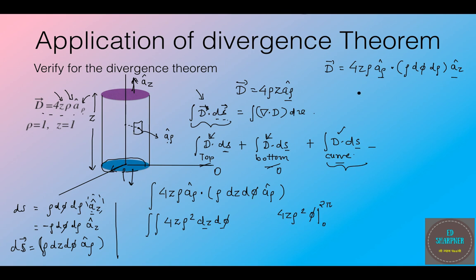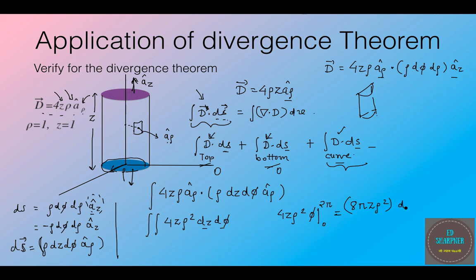If this was only a half cylinder like that, then the value of phi would have been 0 to pi, but this is a complete cylinder, so this is 0 to 2 pi. If you solve this, you get 8 pi z rho square,